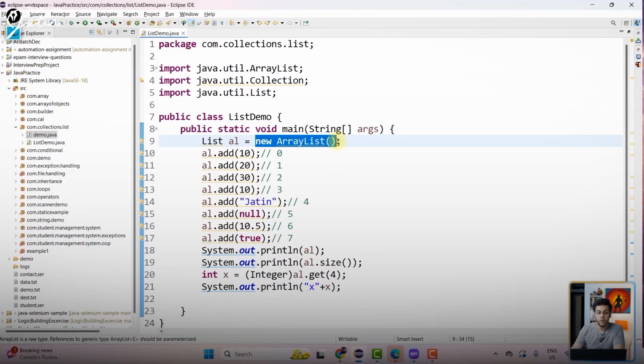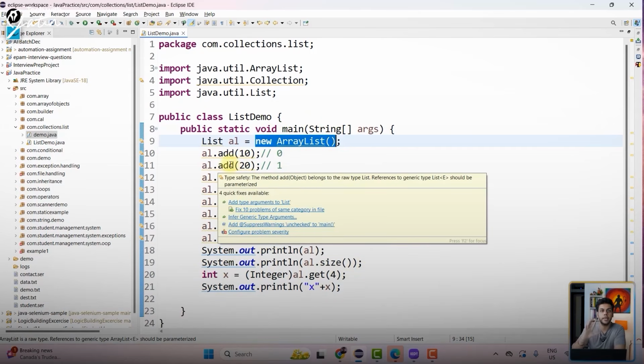Size is fixed. Now, if you observe carefully this entire script, line number 9, I'm not even giving the size, right? And we are storing the values inside the array list. Yes or no? The second thing is, if you look carefully, the elements are getting added, but I am not giving the index.